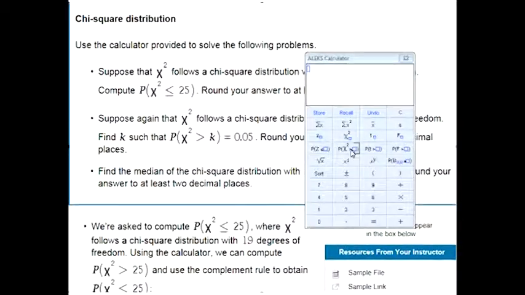So between Z and T is chi-square. And it says chi-square greater than a number. Well, same thing. We've got chi-square less than 25. So all we need to do is start with 1 minus, then click on the calculator, and then greater than 25